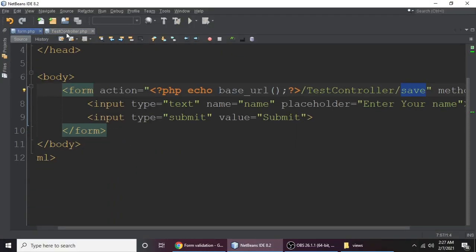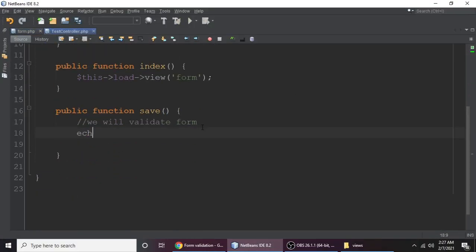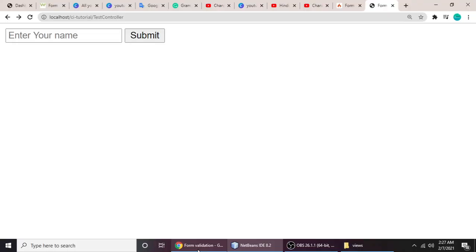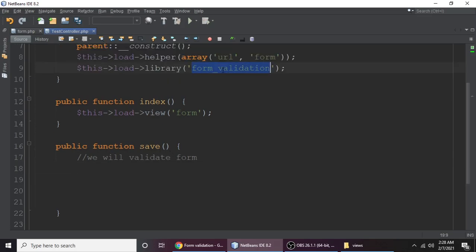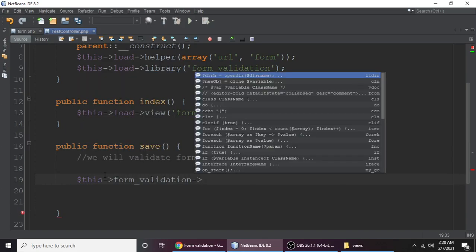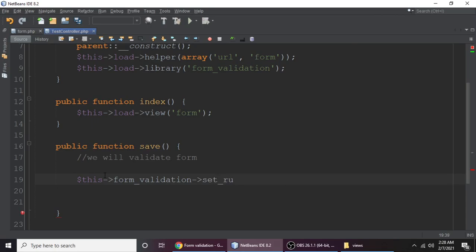So here let me put an echo, and my save form of something, Control S for save, and whatever you put, save form, it's coming. Yeah, so data is coming, and in this function we will validate our form. Because we have loaded this form validation, let's copy this form validation and have a function set rules,